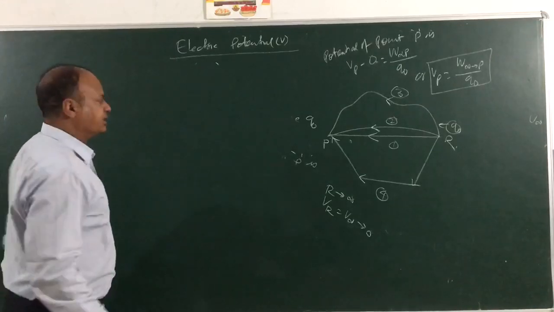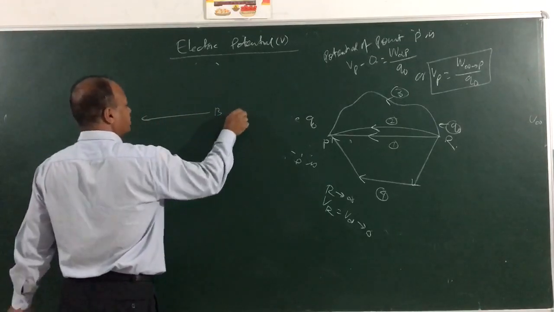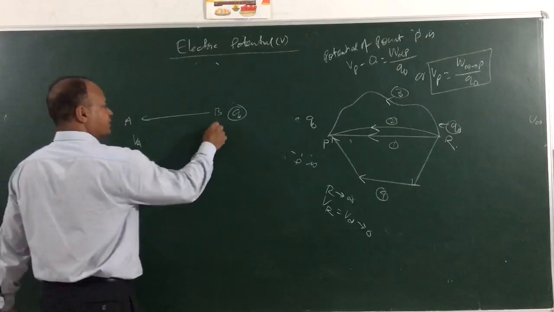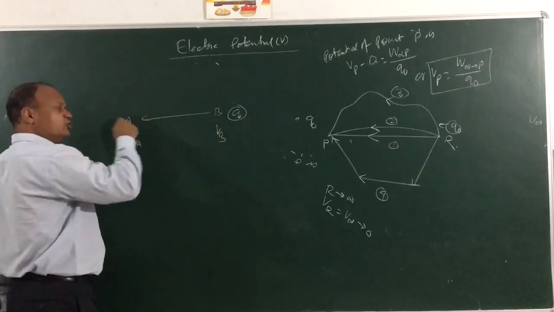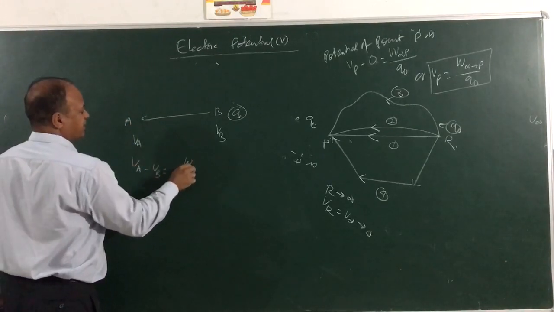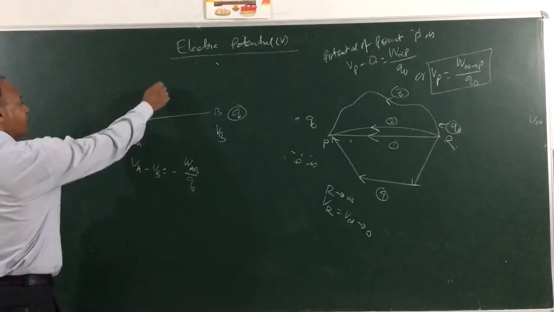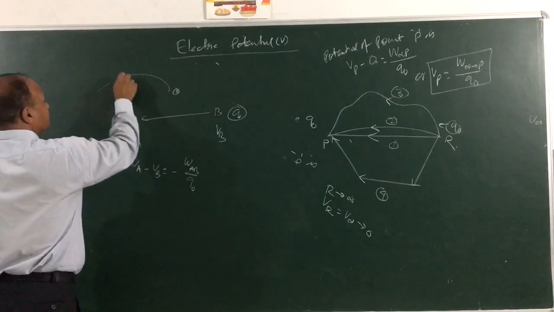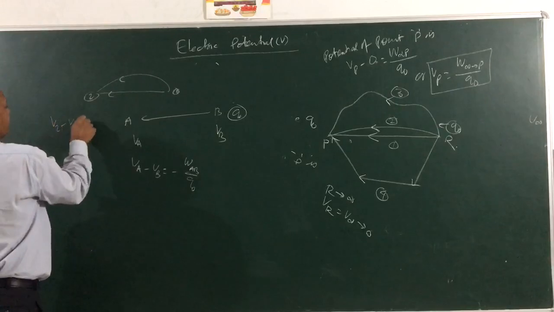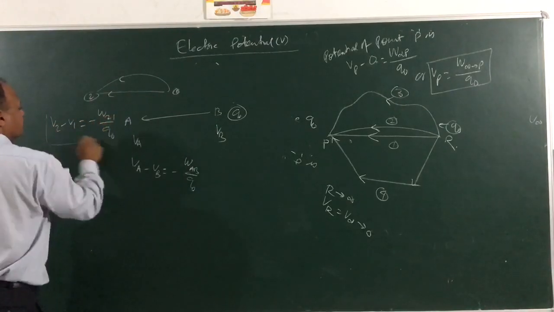Let's try to see like this. Suppose you are going from point B to point A like this. You are transferring charge q naught. So the potential of A is V_A and the potential of B is V_B. You are going from B to A. Keep in mind what will you be writing? V_A minus V_B is equal to minus W_AB by q naught. Suppose you are going from 1 to 2. You can follow any path. Then what will you be writing? V_2 minus V_1 is minus W_1to2 divided by q naught. So all this you have to remember.